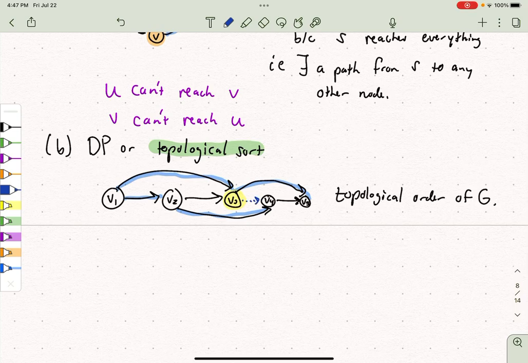And because it's a DAG and this is a topological order, if the immediate edge doesn't exist, there's no other way for V3 to reach V4, because if there was a way for V3 to get to V4, it would require a cycle. Because V3 comes before V4 in the topological ordering,